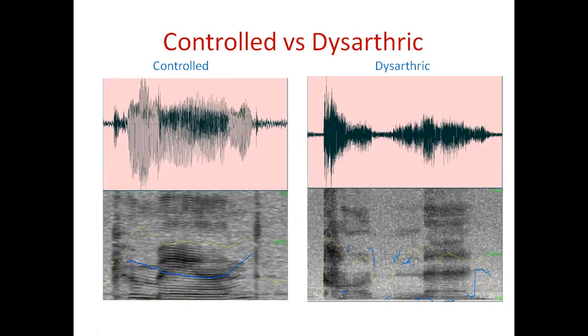Here, most of you may not be familiar with this kind of diagrams. I'll just briefly explain what these are. On the left side, what you see is a time domain speech signal of a control speaker. It is the word command uttered by a control person, that means a normal person, and the same word command uttered by a dysarthric speaker. These two are the time domain representations, and you can see these 2 diagrams also. What are these? Here, this is called a spectrogram.